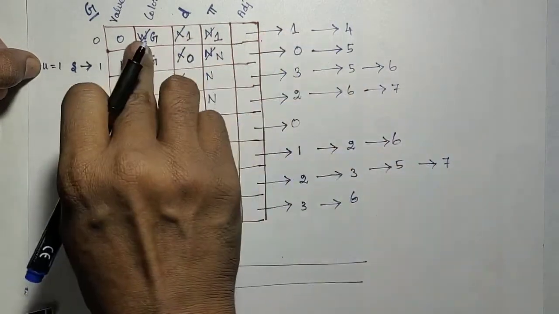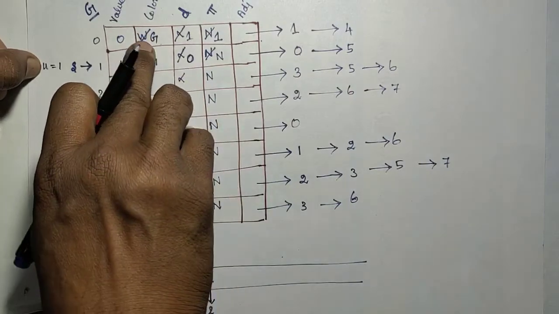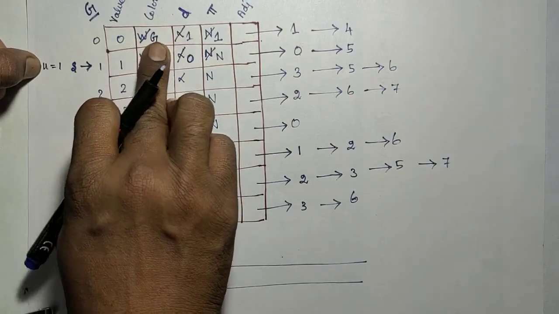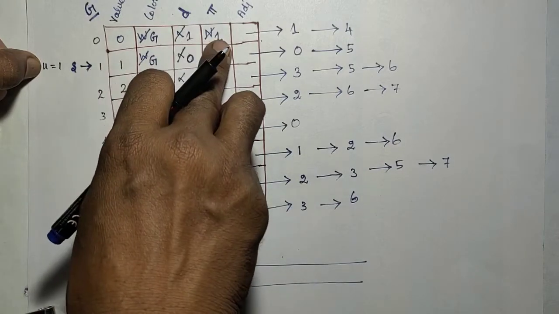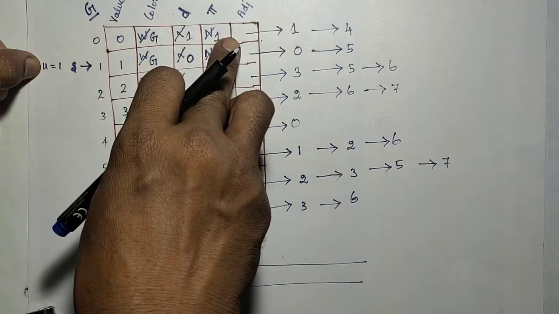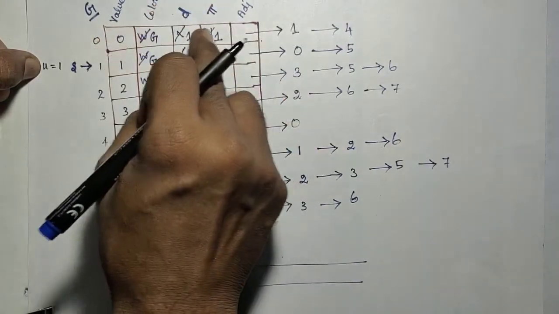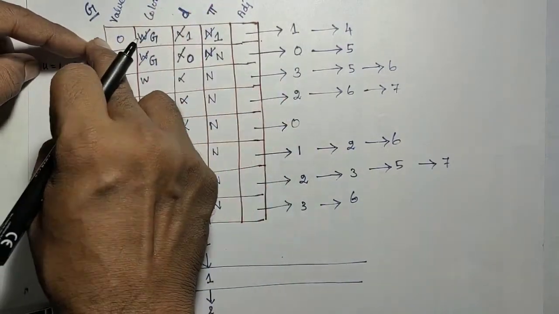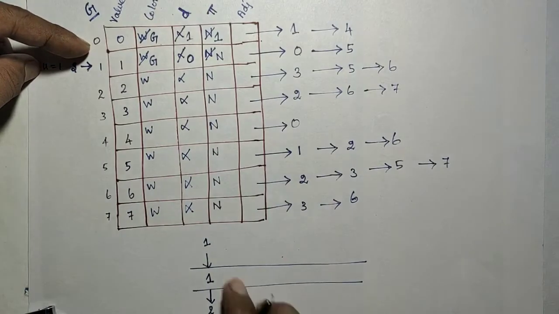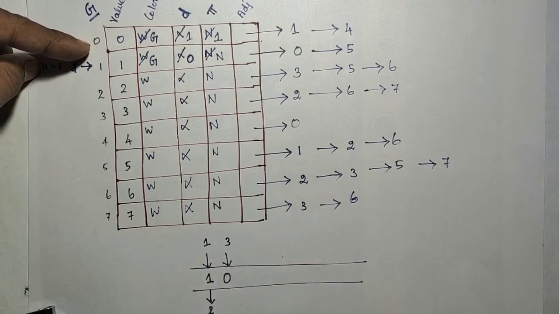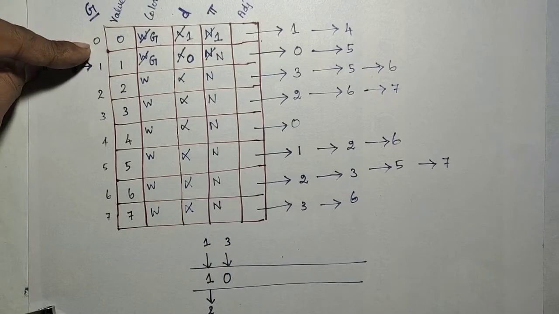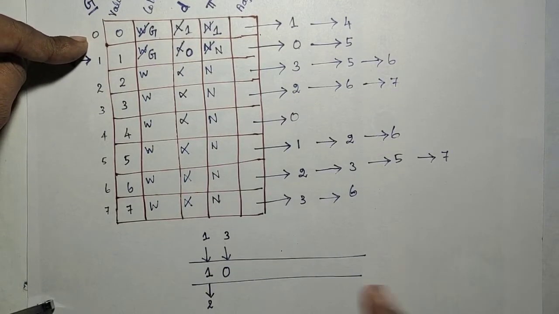So we are in U, the first adjacent node is 0. The 0 is going to be visited, which means the color is changed to gray, the distance is updated with U's distance plus 1, and the parent is updated with that value, 1. Once we have visited 0, it has to be enqueued, so 0 will be inserted. That is the third operation. The number represents the sequence of enqueue and dequeue operations.